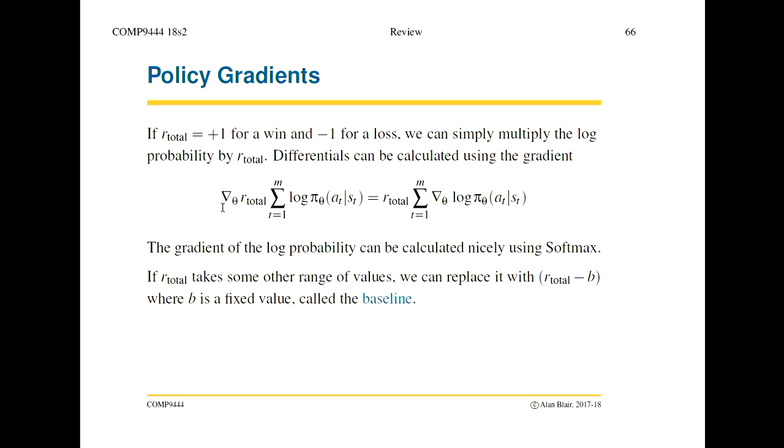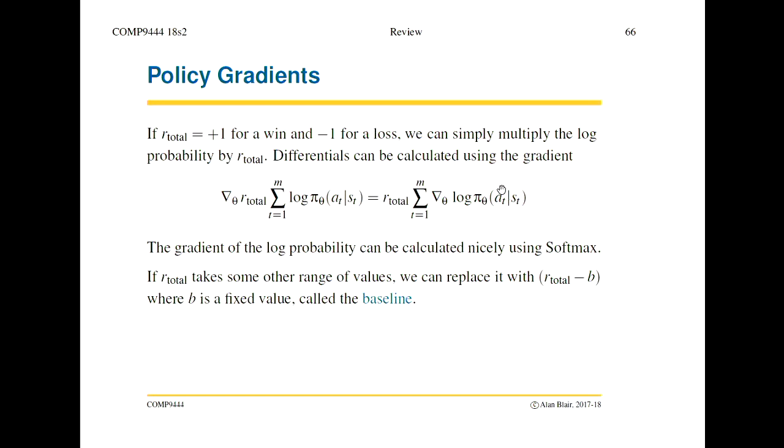So what happens here, intuitively, is that if you win the game, then basically every action that you did along the way gets equal credit for the victory. And if you lose, then every action gets equal credit for the failure. So for every single action that you chose, you want to increase the probability of selecting that action next time, or decrease it if you ultimately